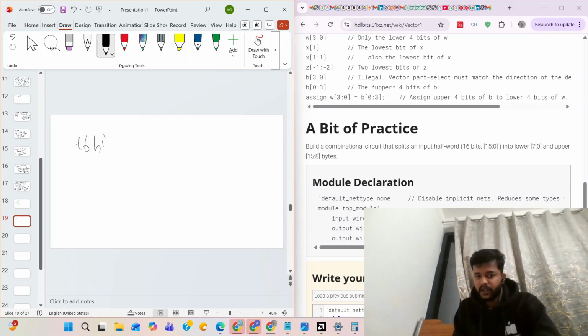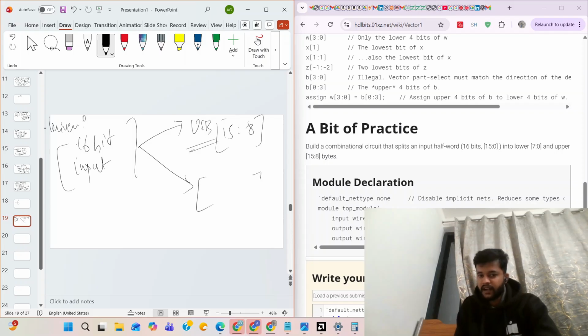Like the input is 16 bit. Given the input is 16 bit, you have to split it in two halves. One is the upper bits, that will be 8 bit, and the other the smaller, lower bits, that will be 7 down to 0.